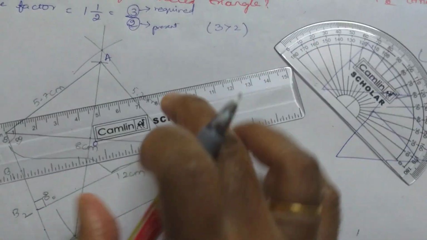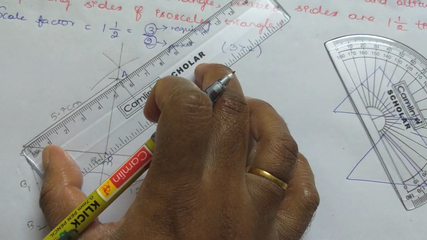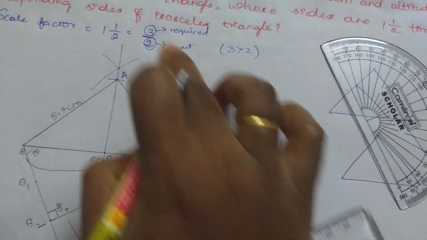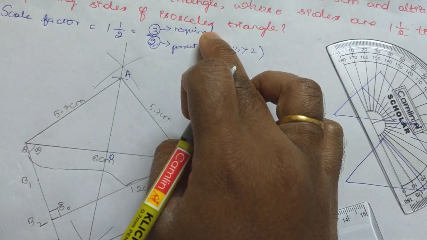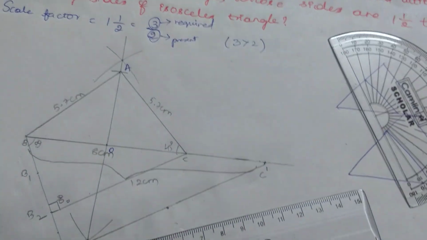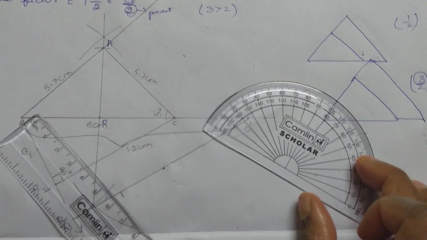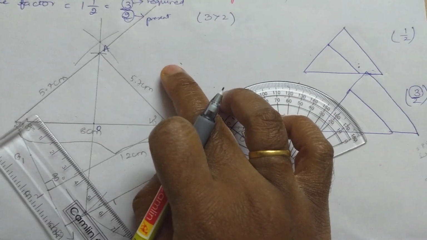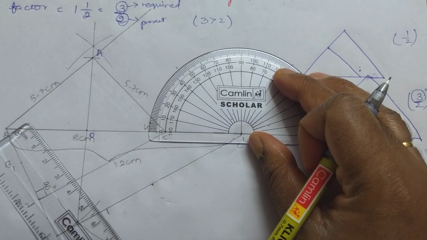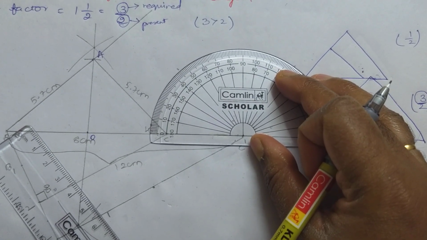So first step what we have to do, extend the line AB, how we did for BC. Extend the line AB. After that, with the same angle, draw a line such that this extended line and this line meet at one point. That point is A dash. Let's do that now. You can see here, I have plotted this point here. Let's see the angle here exactly. See, it's 45. Correct? It's exactly 45.